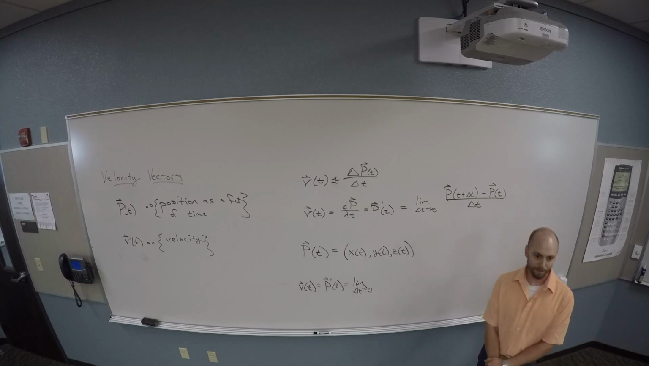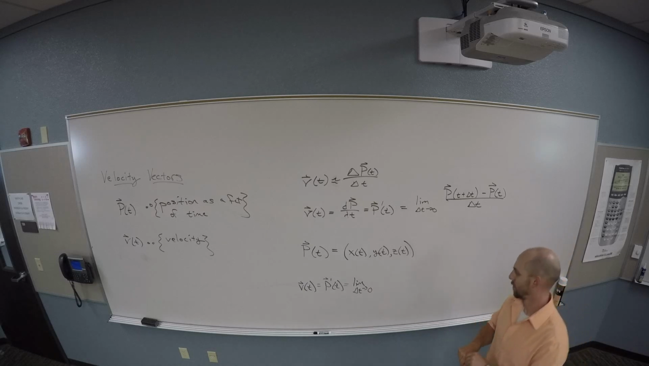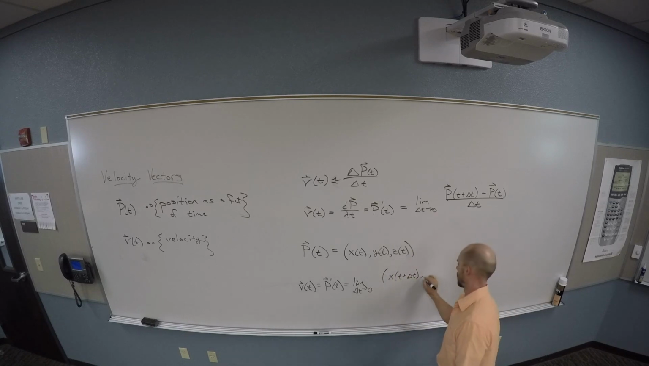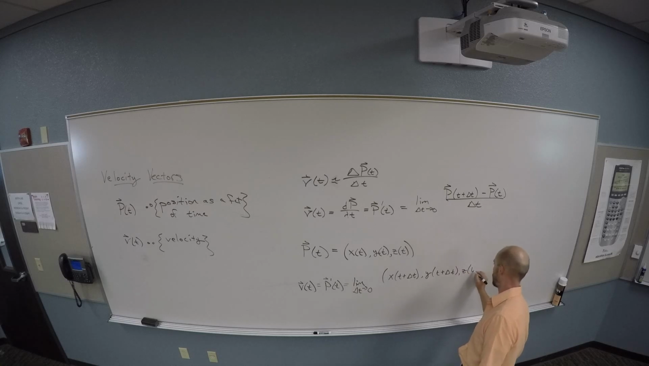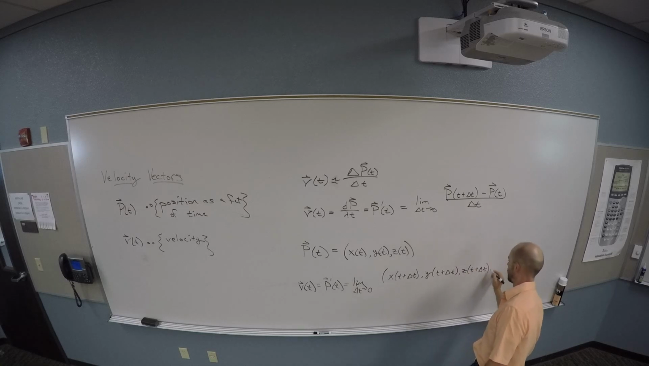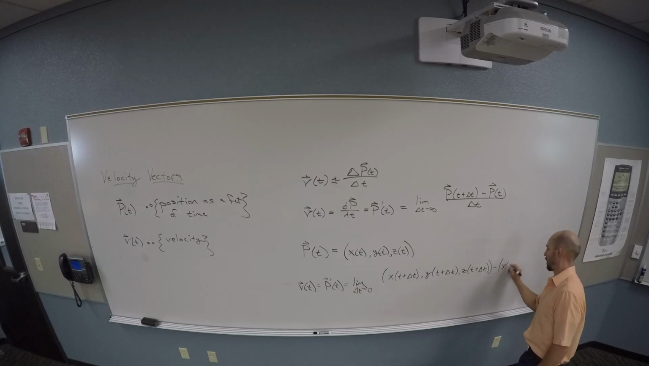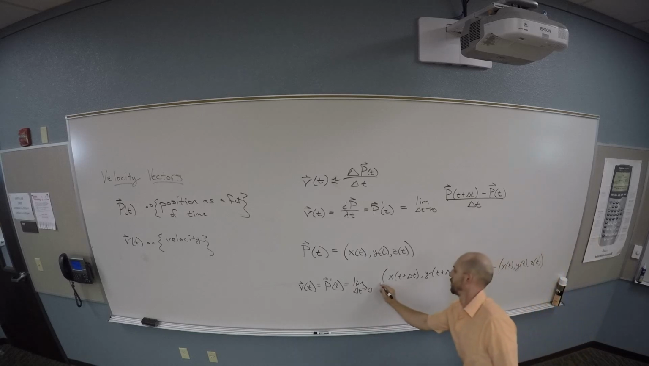What should I put in the limit? x of t plus delta t, and then y of t plus delta t, and then the same for z, z of t plus delta t. And then it's just going to be minus, and then I'm subtracting x of t, y of t, z of t. And then all this should be divided by